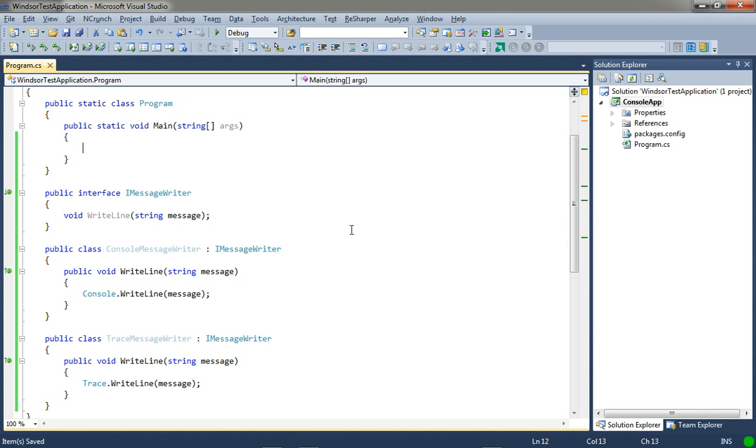It has an interface called IMessageWriter, and it is being implemented by two concrete types, ConsoleMessageWriter and TraceMessageWriter. Let's see what normally happens when you try to interact with a DI, sometimes known as IoC, container. In this example, I will use Castle Windsor, which is a very popular container. So I will create a new container,